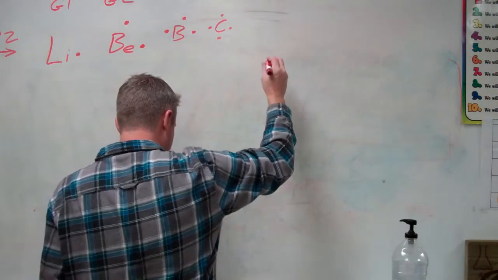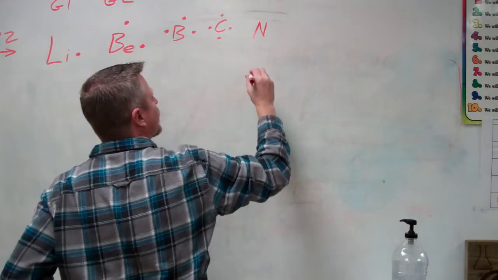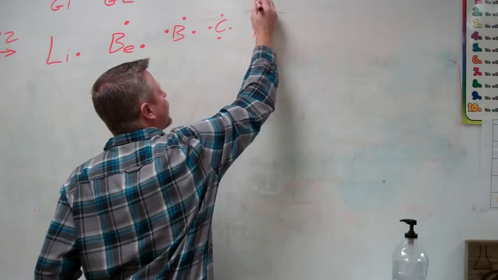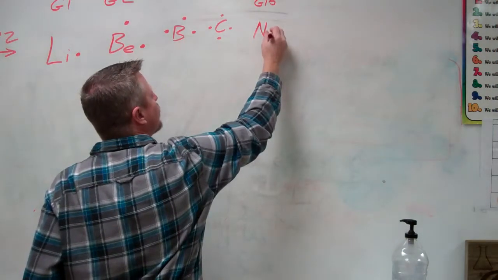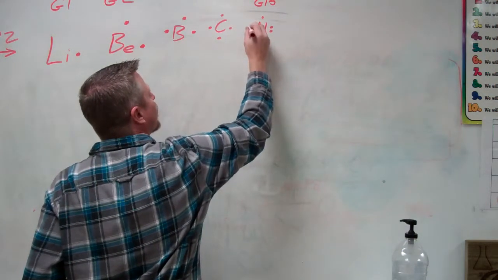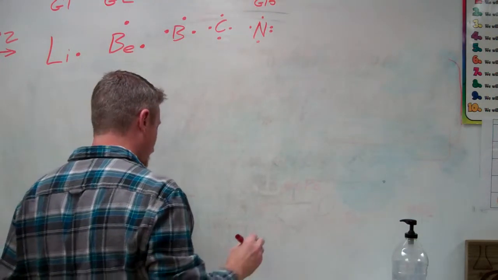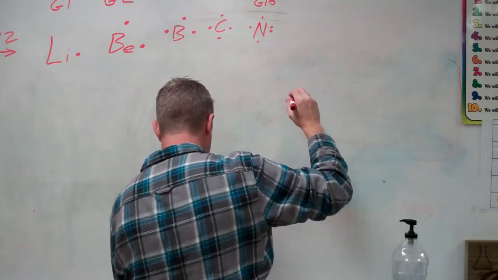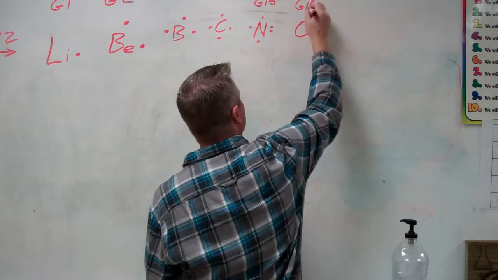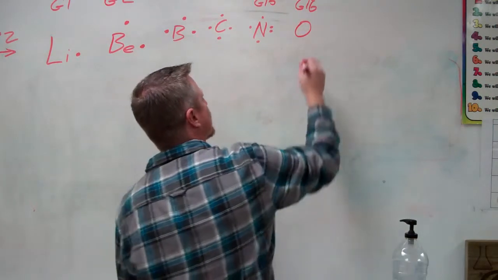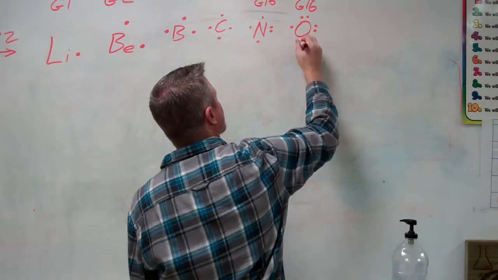So next to carbon, we have this atom called nitrogen. It makes up 78% of the Earth's atmosphere. Okay, group 15. How many is it going to have? 5. So we're going to go 1, 2, 3, 4, and 5. We're going to start adding 2 in those spots, okay? Then we have group 16. Group 16 is going to be oxygen. How many is it going to have? 6. So 1, 2, 3, 4, 5, 6.